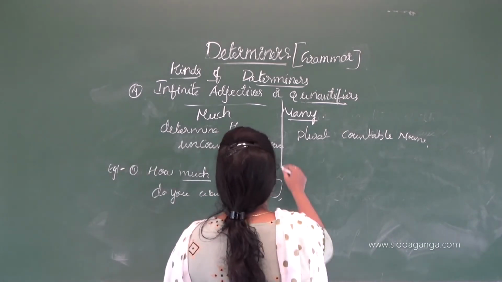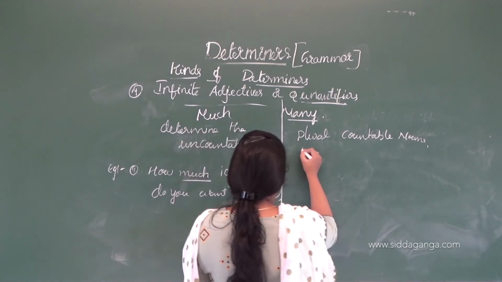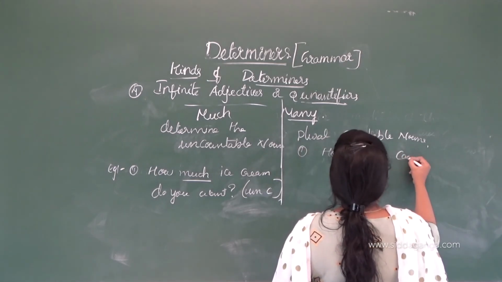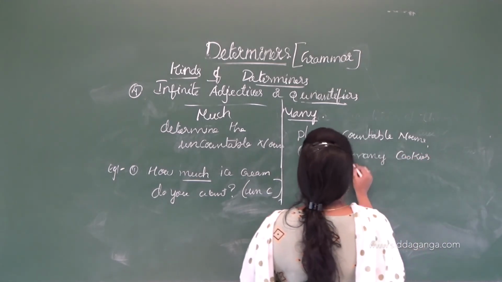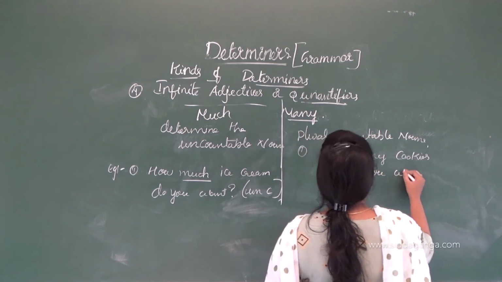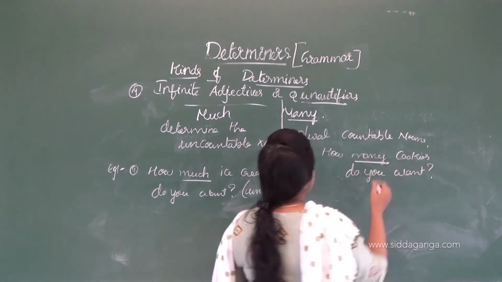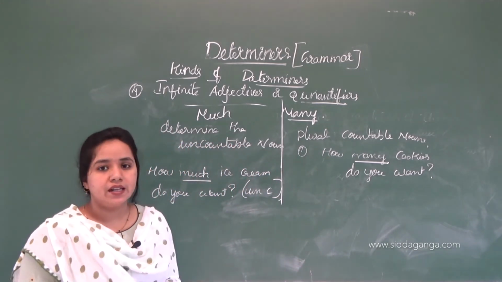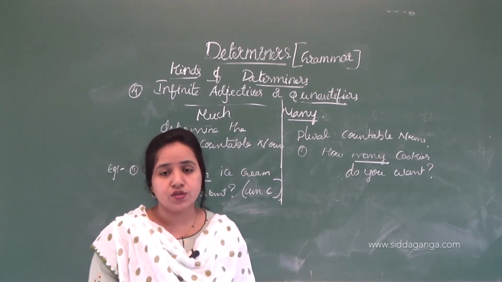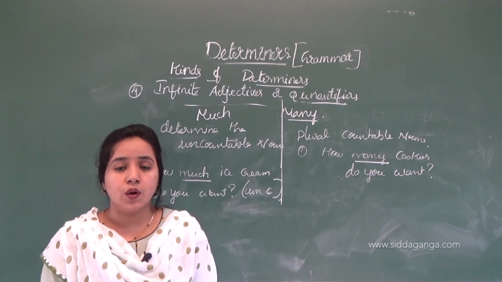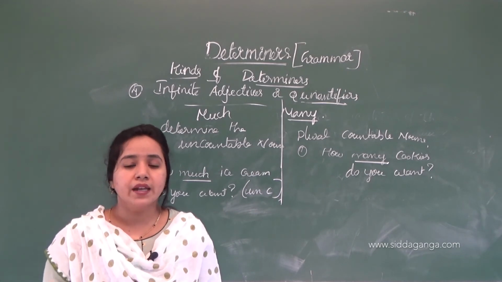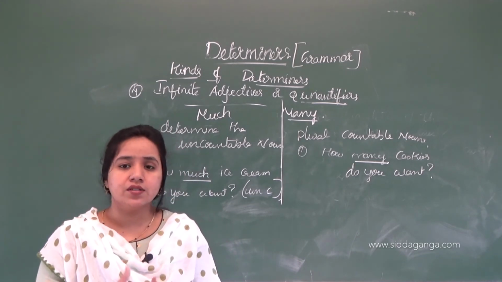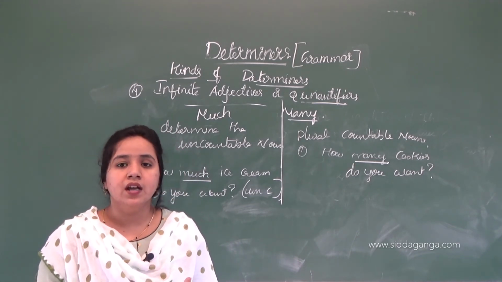Then when it is used with many: how many cookies do you want? So many is countable, and it is in plural. Okay, so in that case we are using many. So likewise here we use so many quantifiers like few, some, many. Okay, and then whole, less, and according to the situation it has divided the uncountable and countable ones.